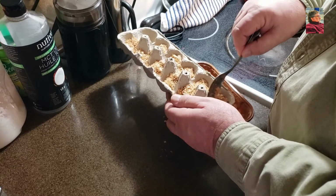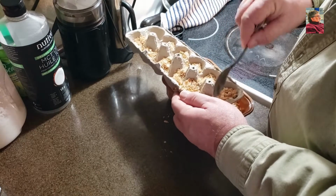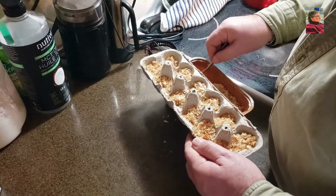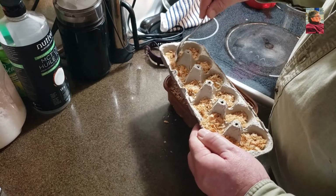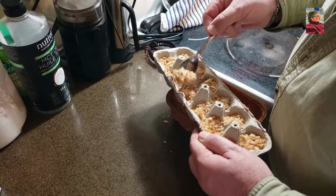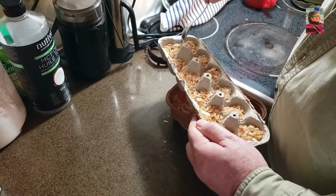So my neighbor that turned me on to this, he gave me a dozen, like one crate like this, and basically one for each fire that you want to start. So this is 12 days of starting fires. So I'm going to leave it like that. They're all pretty even,